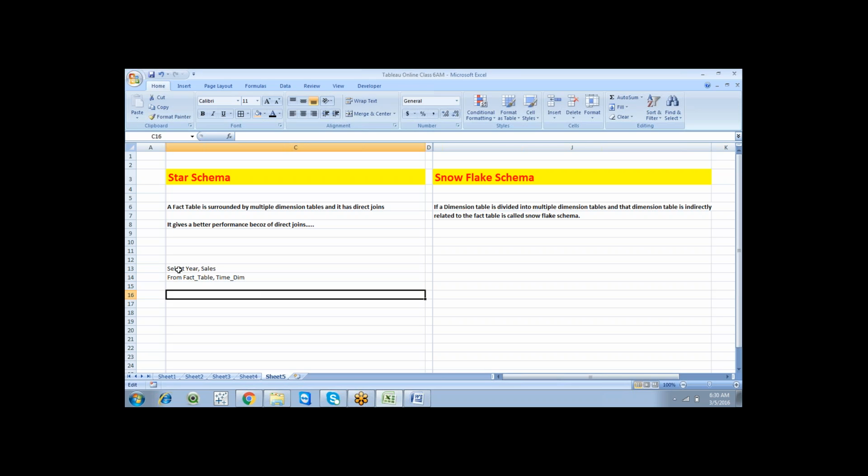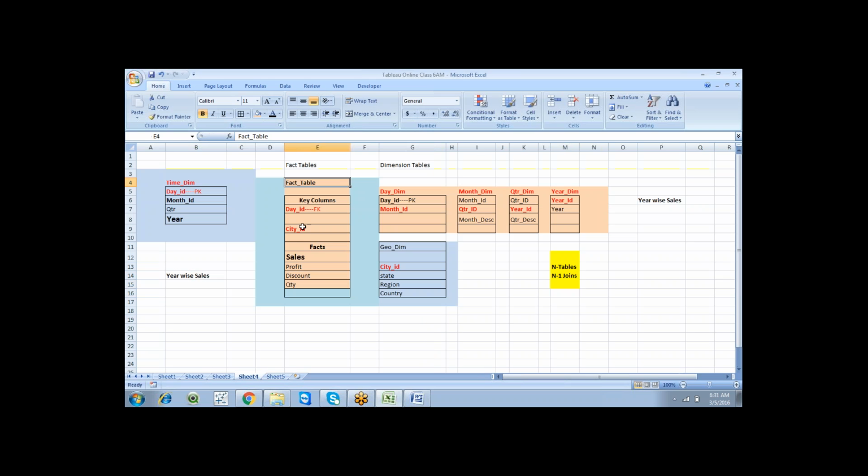So: select year, sales from fact_table, time_dim. We need to write a simple join condition: where fact table dot, we have a single join. Just remember this is one join, the day id join related to the time dimension table.